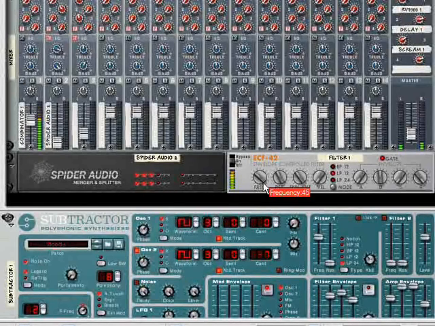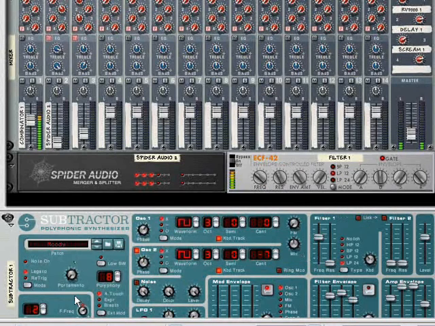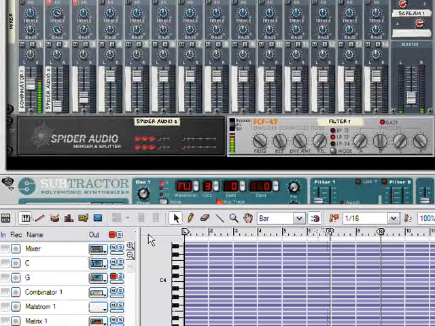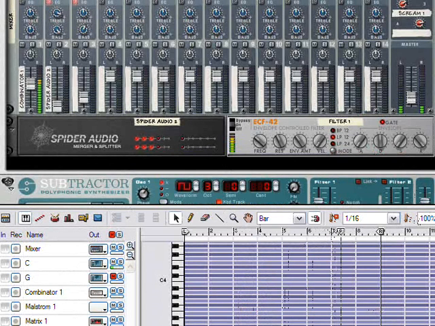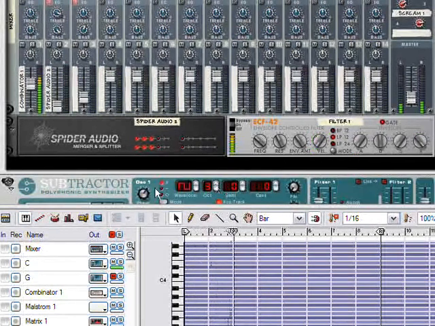And another thing you can do is you can actually create a sequencer track for the filter 1. It expects that you're going to be using just the control knobs, but if you just start recording, that's not very prominent. Let's see if I can make it more visible. Oops. I guess it can't, but you get the idea. It will accept gate events from the sequencer, and that's a good thing. It means if you want to do more of a free-form approach to filtering, you can do that. Just keep banging the keys until you get the rhythm you want, pretty much. Alright,